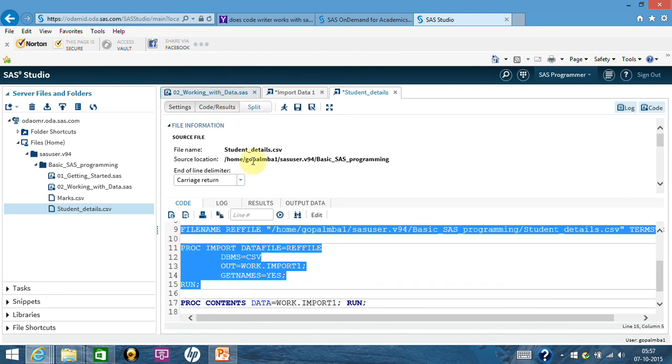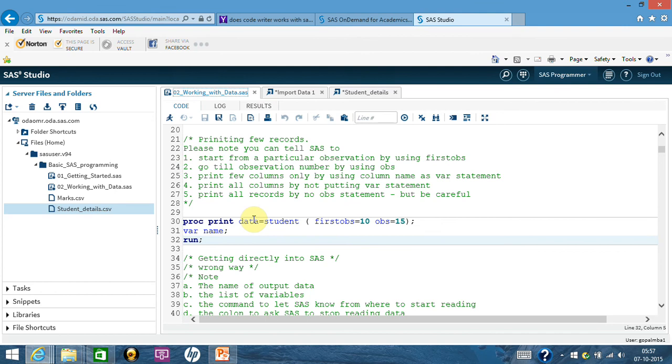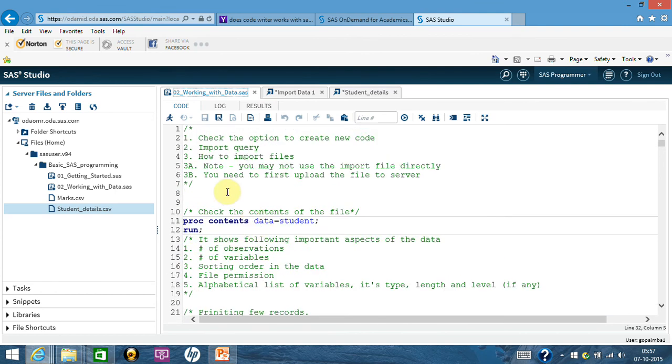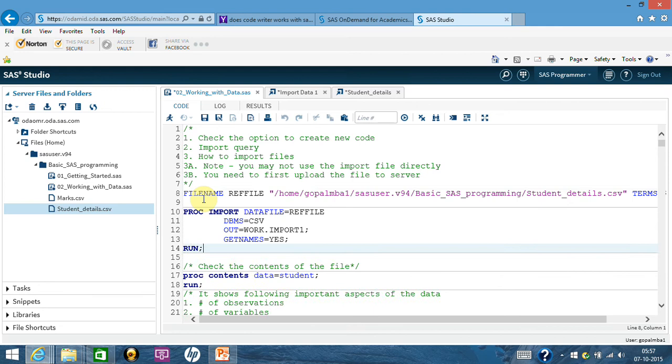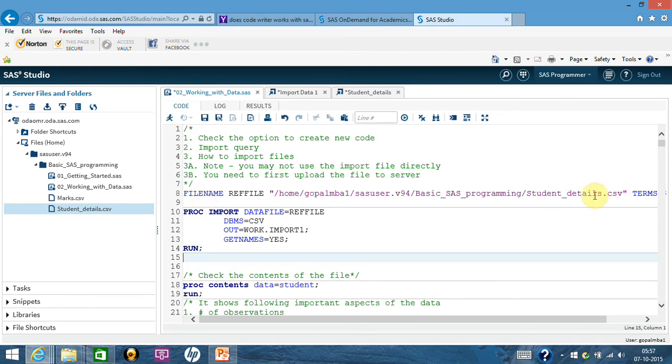So here I am in the data site, and what I'm doing here, I'm just putting the code. I'll just put the marks.csv because that's the name of the file, and in that, let me put it as marks.